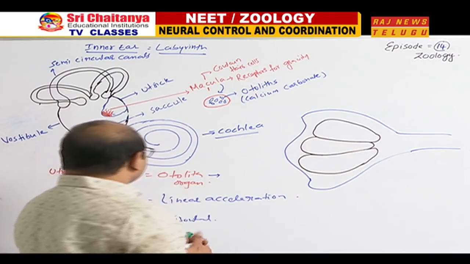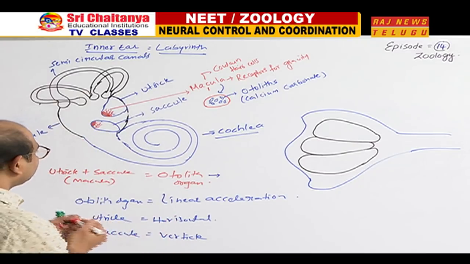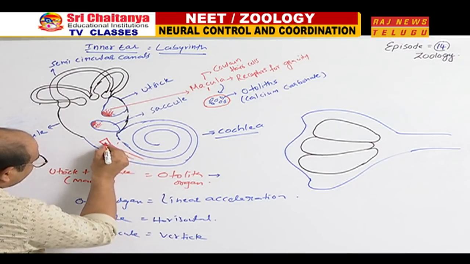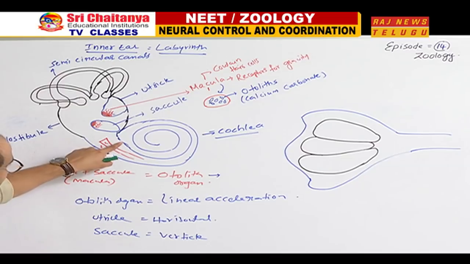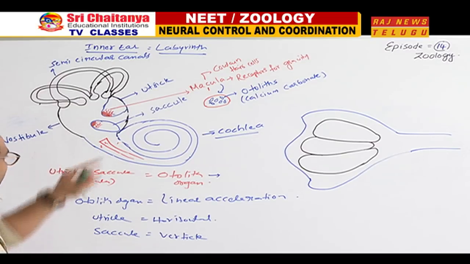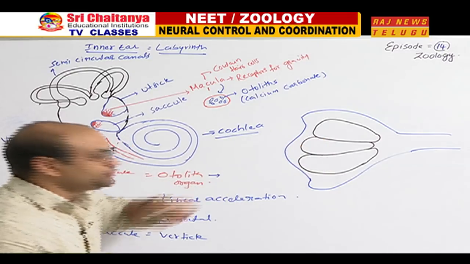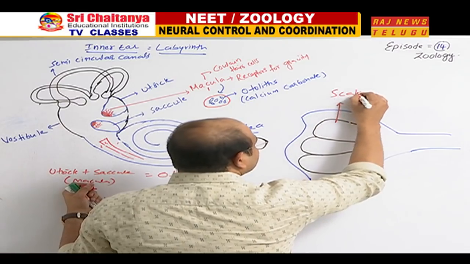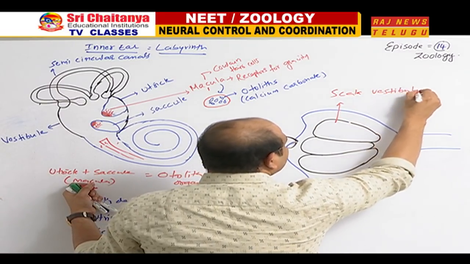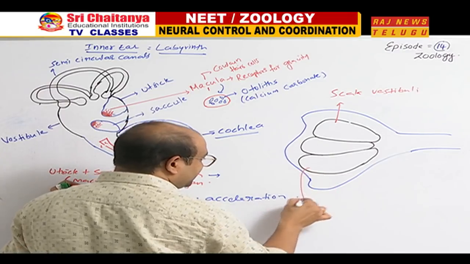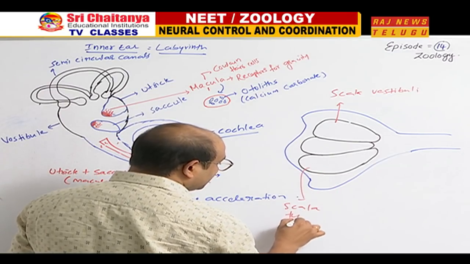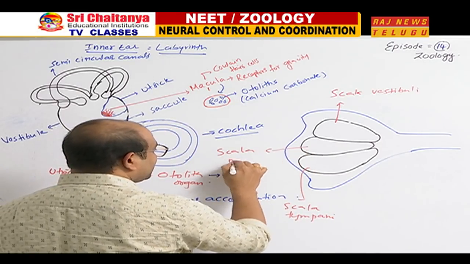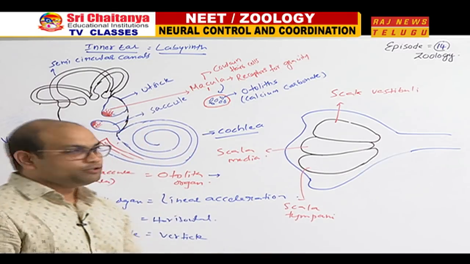So, 3 tubes. Here I want to show you how those 3 tubes look, like this: tube 1, tube 2, tube 3. This is bony, these red color are membranous. The same thing I am explaining here, 3 tubes. Out of these 3 tubes, this upper tube is called scala vestibuli. This inner tube is known as scala tympani, and this middle tube is called scala media. So, there are 3 tubes in cochlea.